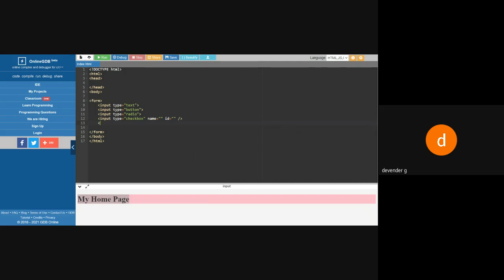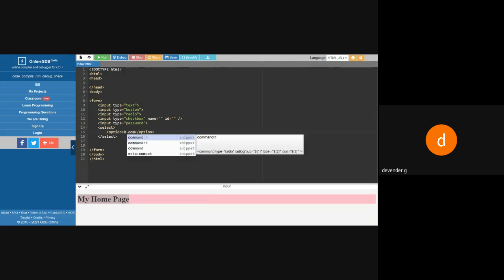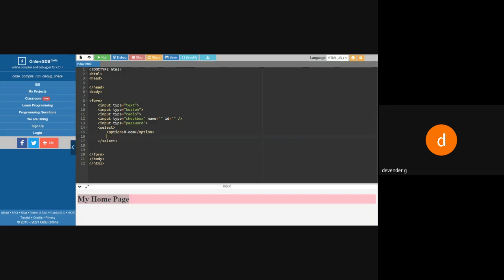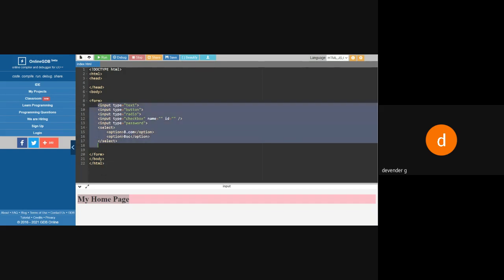What else you have? You need something called input type is equal to password. So you can have the password also. So for text box, you will be using text box. If you want button, I can have the button. Radio button, I can have checkbox. I can have password. And I can have the drop down option by saying select, then option, then I'll say bcom, bsc, something like that. So these are all our interactive form elements.